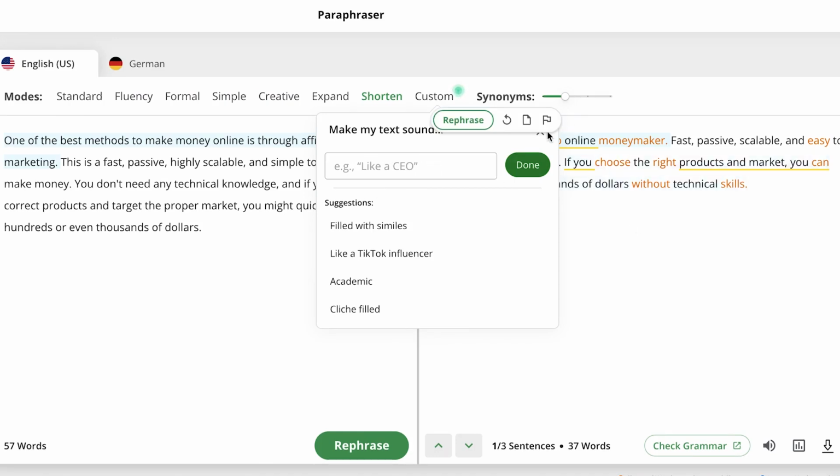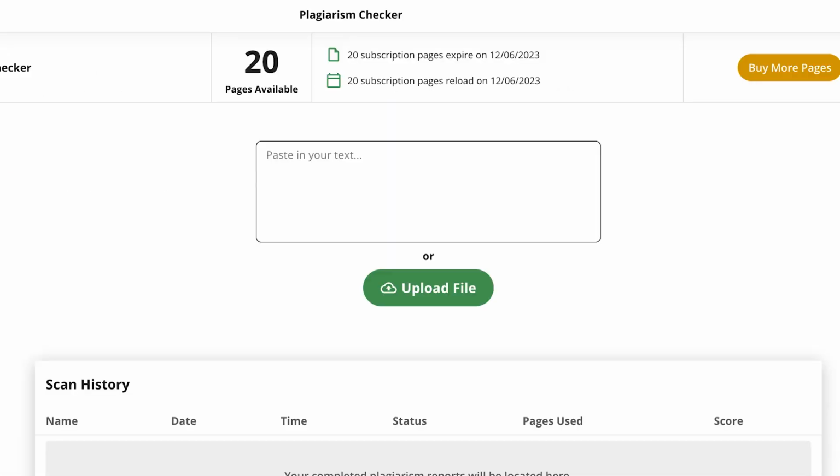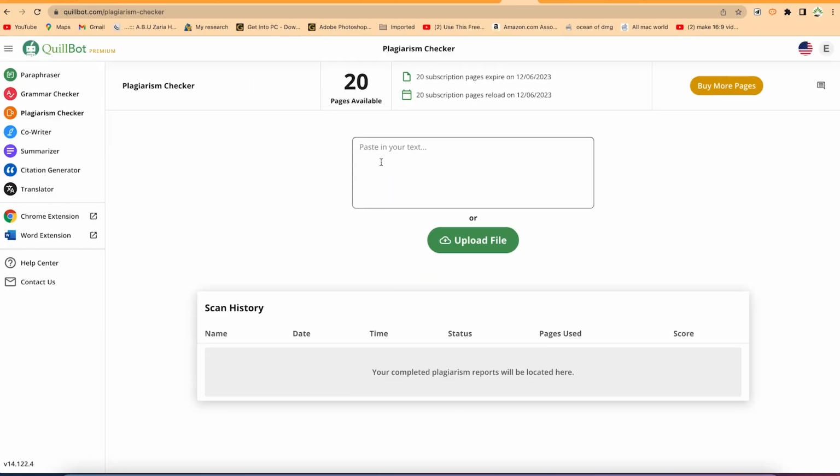So this is very, very interesting, especially when you have the premium version. You'll be able to navigate around and do all this. Now, the next thing I want to show you is how to use the Skillbot to do plagiarism check. You can have this much text.